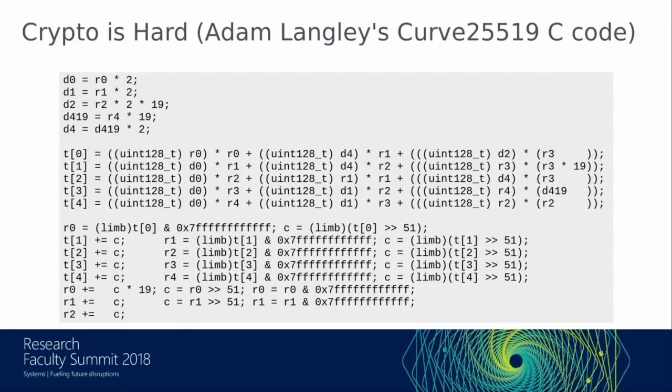And here's some C code written by one of the experts on this kind of stuff for the elliptic curve that is generally viewed as the easiest one to implement efficiently. And I think this is code for taking a big number that's too big to fit in one register of hardware and squaring it modulo some large prime number. And it is moderately intricate, and it's repetitive enough that if you try to audit this, you might easily lull yourself into a false sense of security and believe everything looks okay.